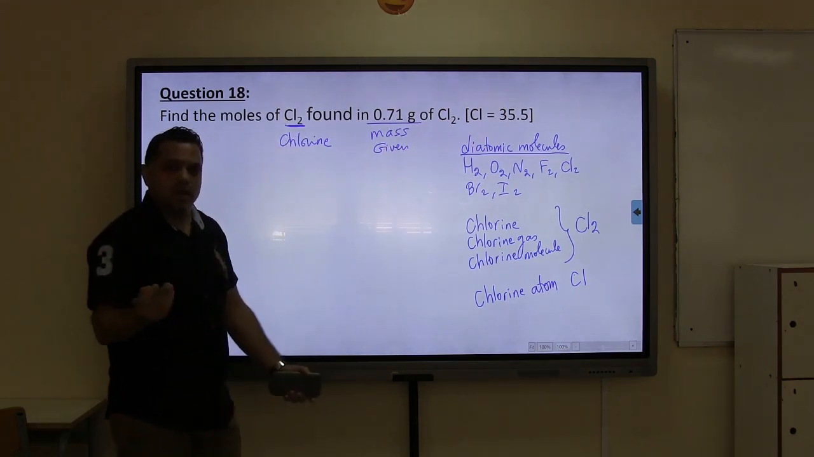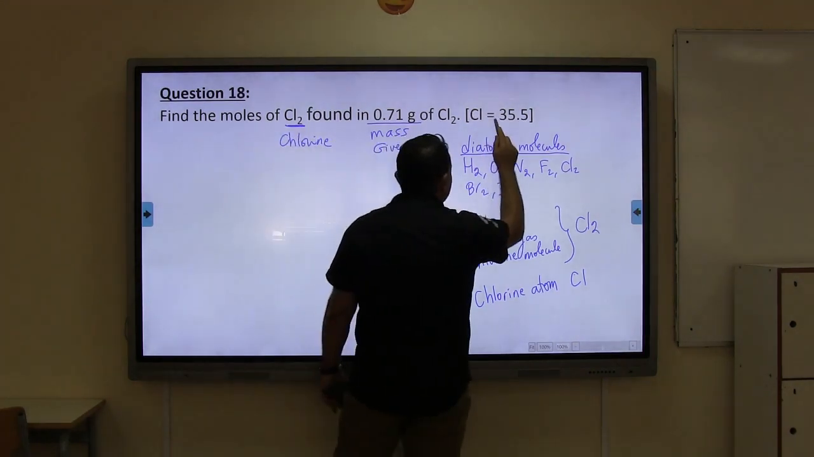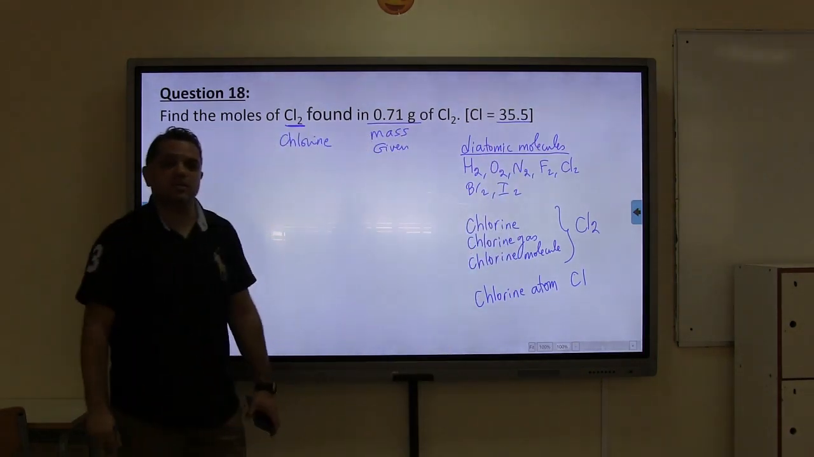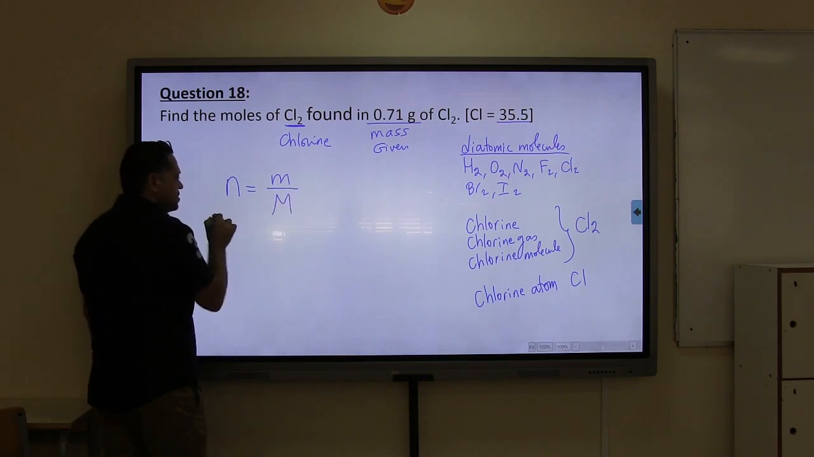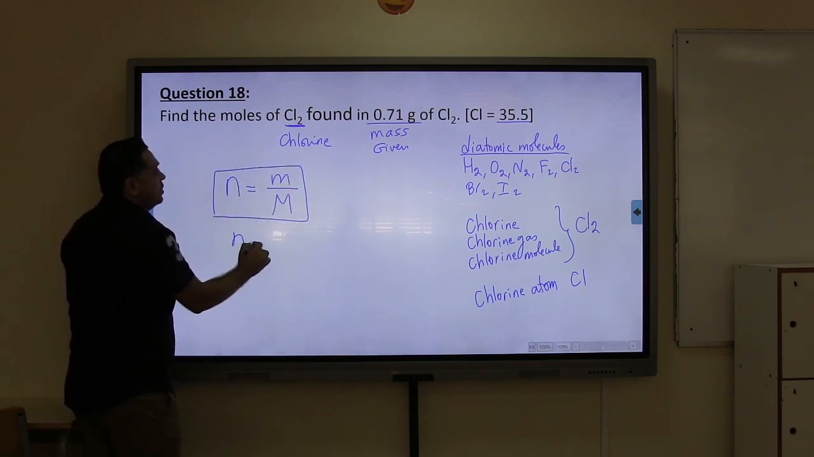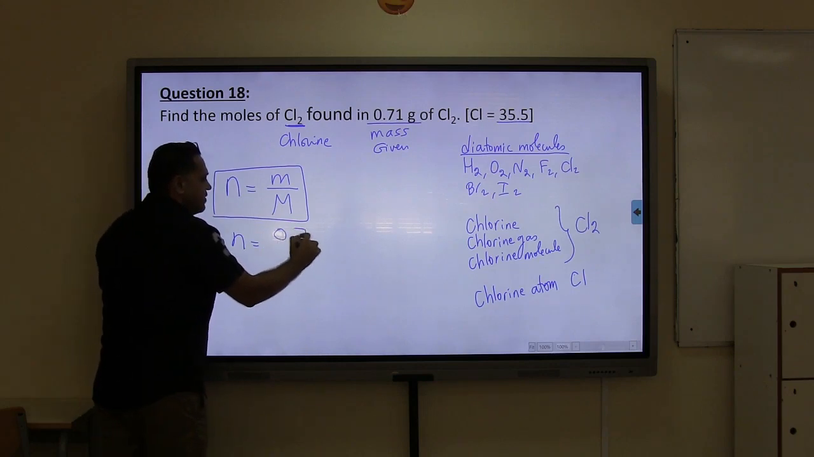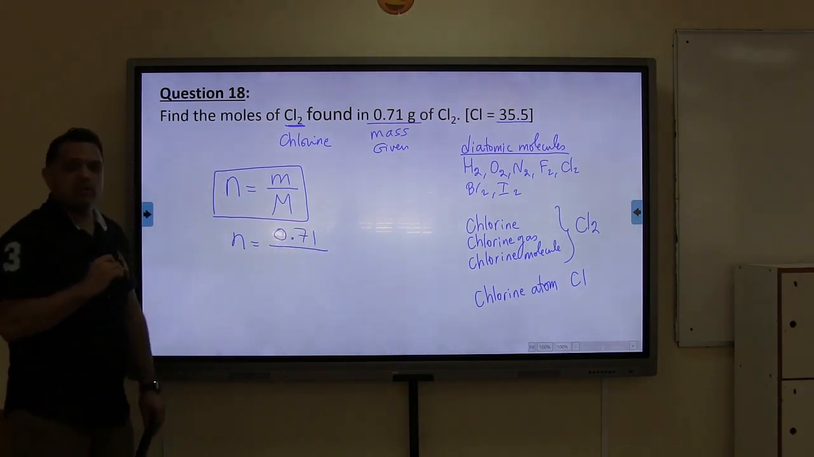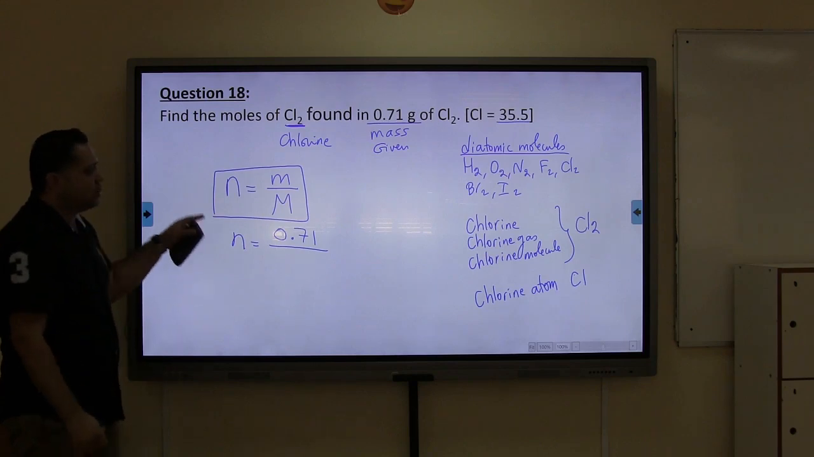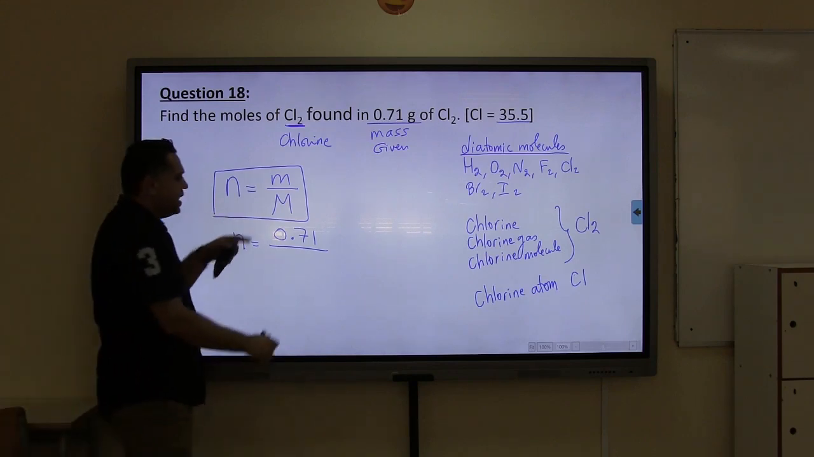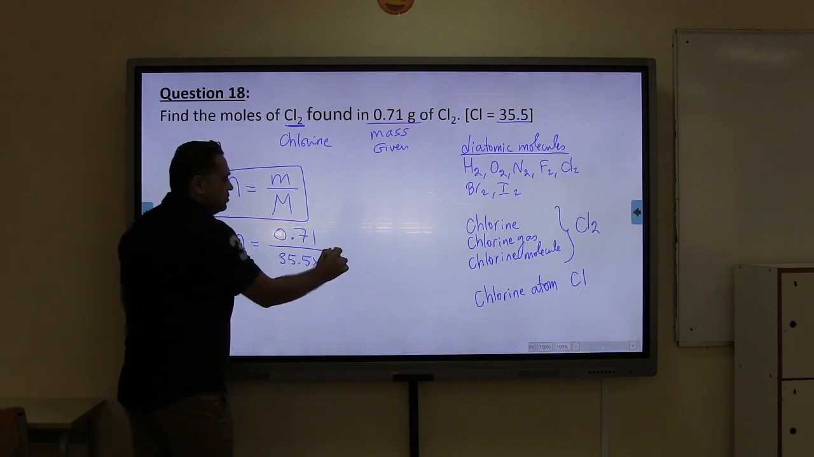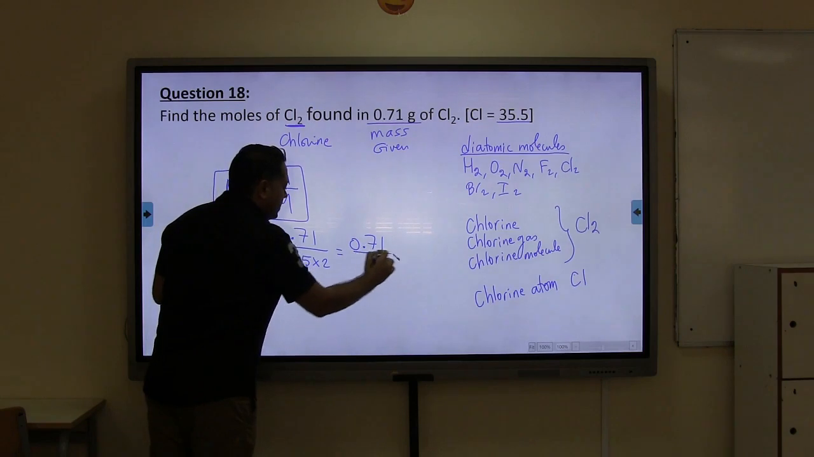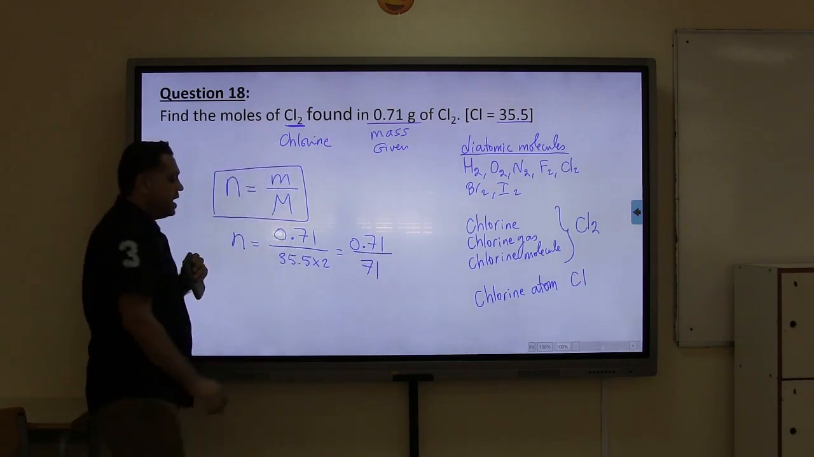I can get the molar mass from the periodic table or from the relative atomic mass. Simple formula: n is equal to mass over the molar mass. So n is equal to the mass, which is 0.71 grams, over the molar mass. Don't forget that chlorine is Cl2, and the molar mass for Cl2 will be 35.5 times 2. So it's 0.71 divided by 71. And then the answer is